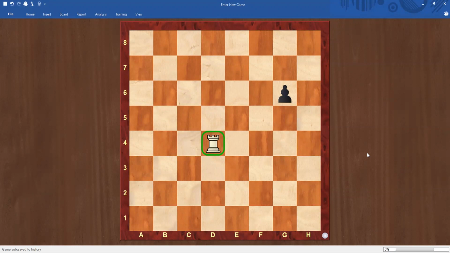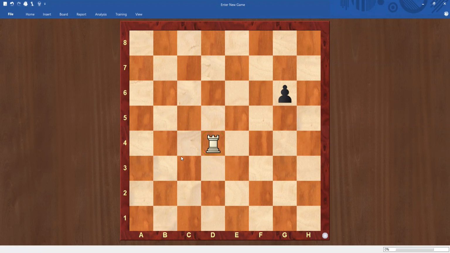So usually the king has 0 points or no points, or sometimes it is called infinity points, because when the king goes, the game is over. The queen has 9 points, the rook has 5, the knight and bishop have 3 points, and the pawn has 1 point. The king, queen and rook are known as major pieces. Knight, bishop and pawn are known as minor pieces. So remember, major pieces and minor pieces. Mainly the minor pieces are knights and bishops.